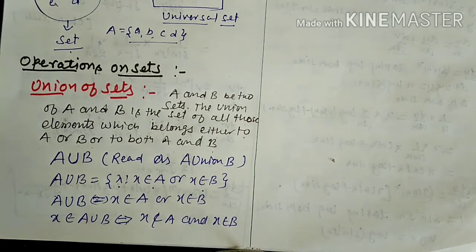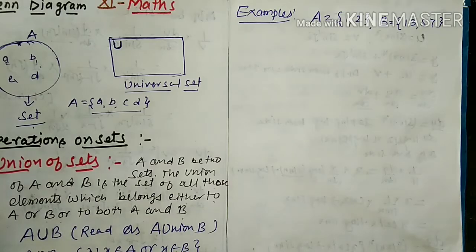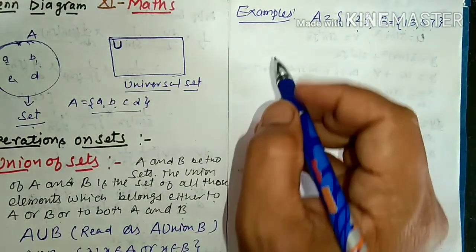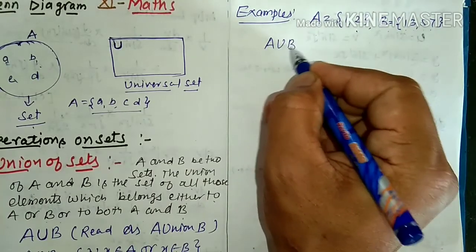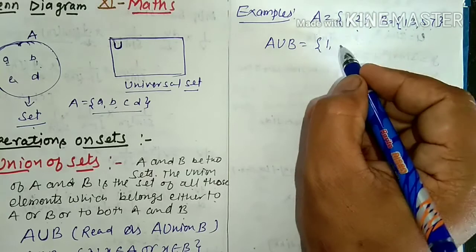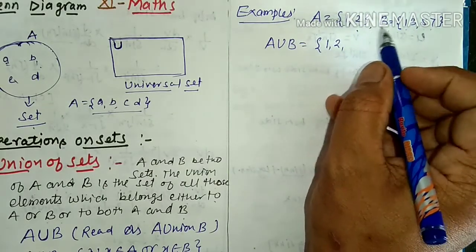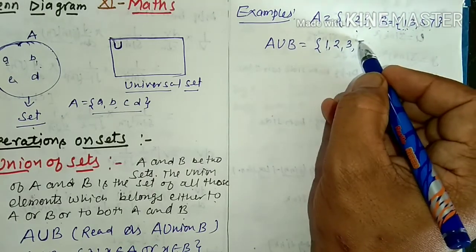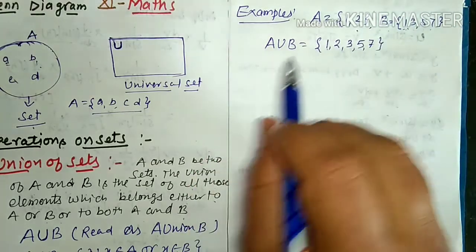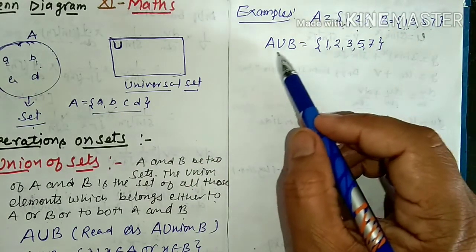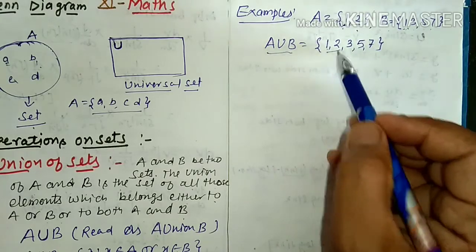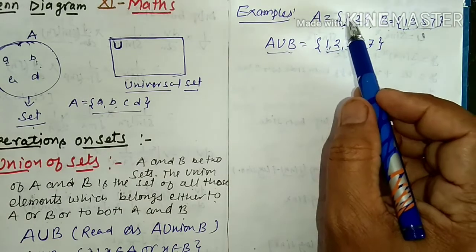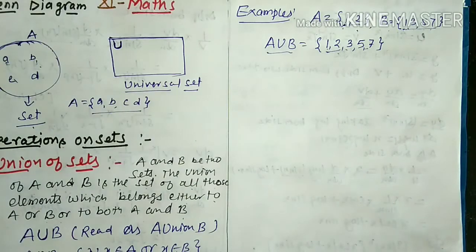Clear? Now we can understand it by an example. We have two sets, A is {1, 2} and B is {1, 3, 5, 7}. So we have to find A ∪ B. Easily we can take 1 and 2, both elements of set A. 1 we have already taken, so now we will take 3, 5 and 7. Clear? So the elements in A ∪ B are all elements of A as well as all elements of set B. But the common element will be taken once. Clear? So this is A ∪ B.